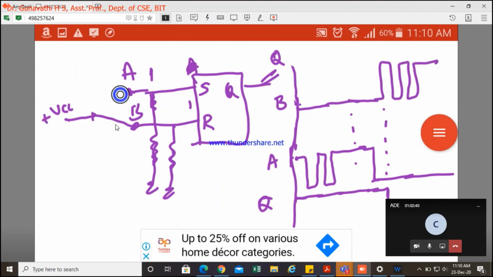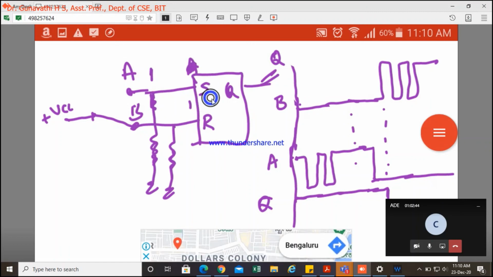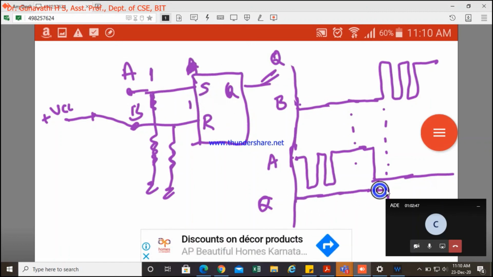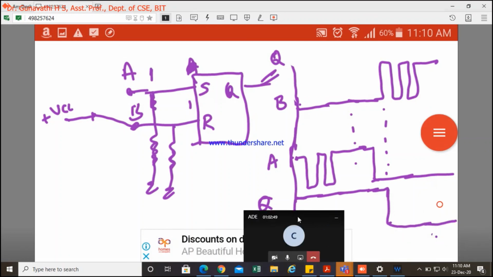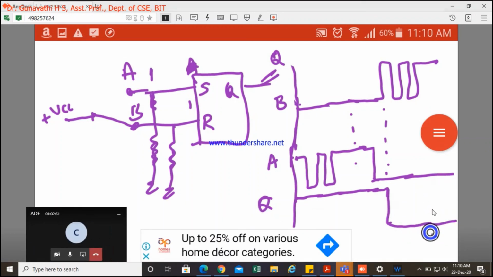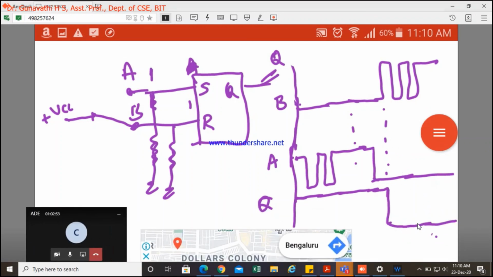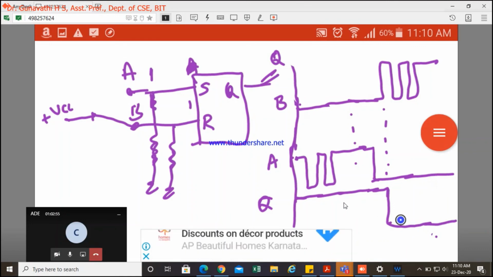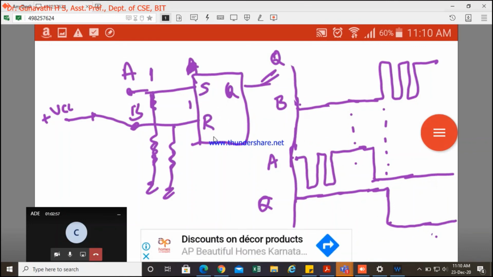See, even if you have a bouncing effect, when you connect with an SR flip-flop, you are able to overcome that bouncing effect. So there will not be any effect on the output. That's the idea. But if you have invalid input conditions for your S and R, then this system won't work, okay? Because a switch can be connected at a time either to A or to B, and cannot be connected to both.